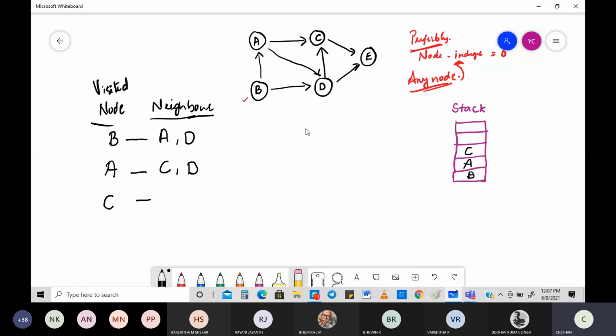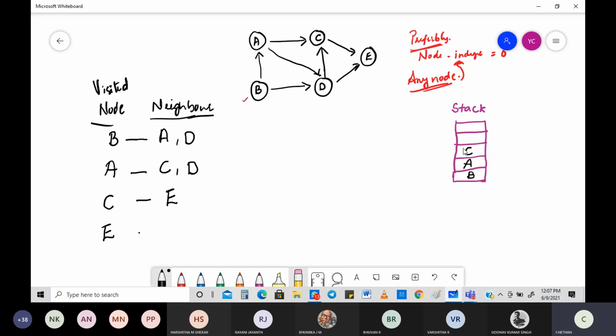Is there any other neighbor with regard to C? When I say neighbors, I mean the ones that are going out from C. Check. There is only E. There is no other place that you have. So obviously my next choice should be, from C I need to go for E only. So I'll write that. Then from E.